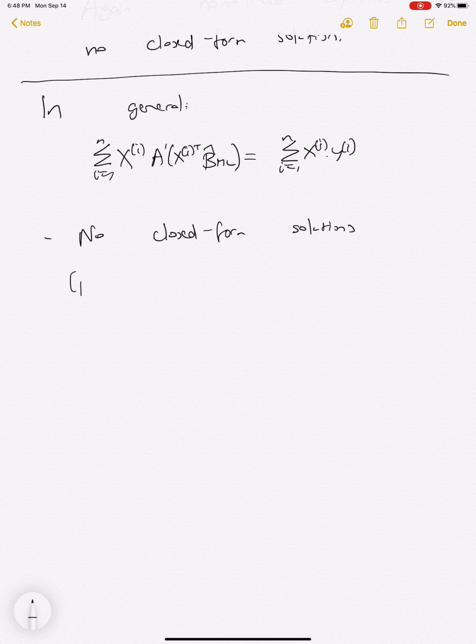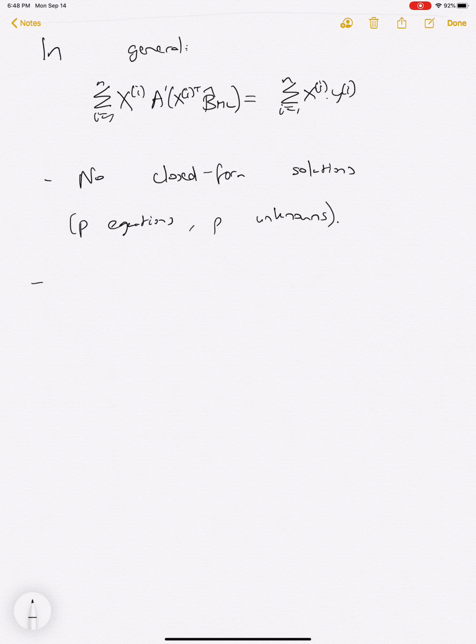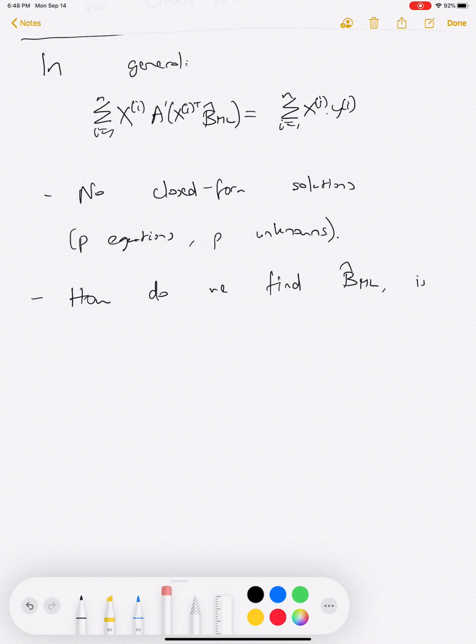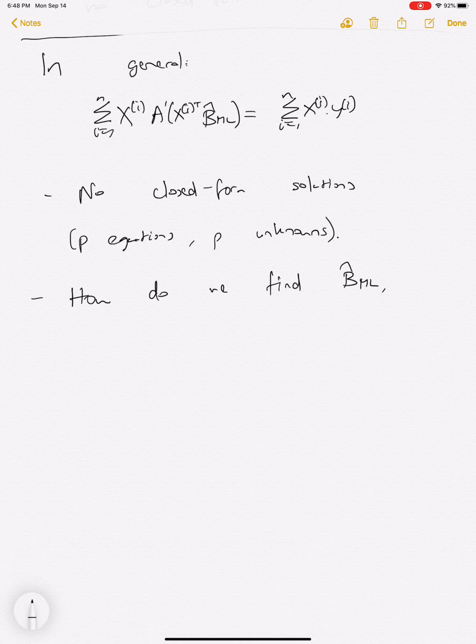So we have p equations and p unknowns, but we have this kind of potentially complicated nonlinear equation here. So this leads to various questions, like how do we find beta hat ML, and then this also leads to questions of does a solution exist? There are various questions that arise here because we now have a system of